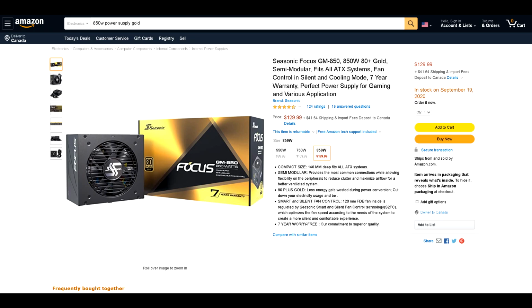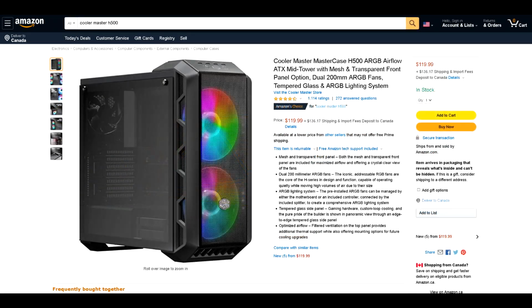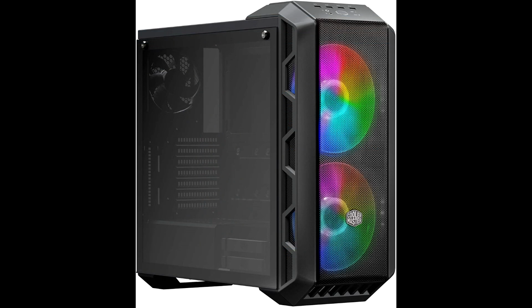The last component we have is the case, which will be responsible for housing all of these wonderful components, providing ample airflow to keep everything nice and cool. So for the case, really there isn't a set choice here. You can go with whatever suits your needs as long as it can accommodate a full-size ATX board, can accommodate the power supply, can support a long GPU, as those RTX 3080s, both Founder Edition models and AIBs, will be very long since they have big heatsinks to cool the GPUs. But yeah, as long as you're good for dimensions and form factors, you can go with whatever you find appealing